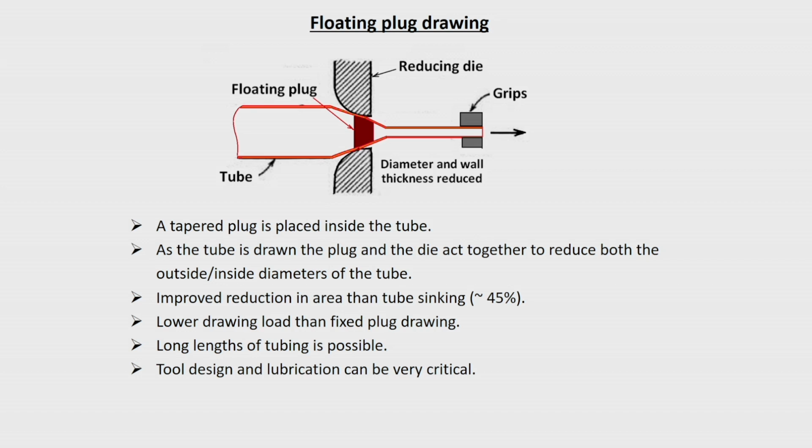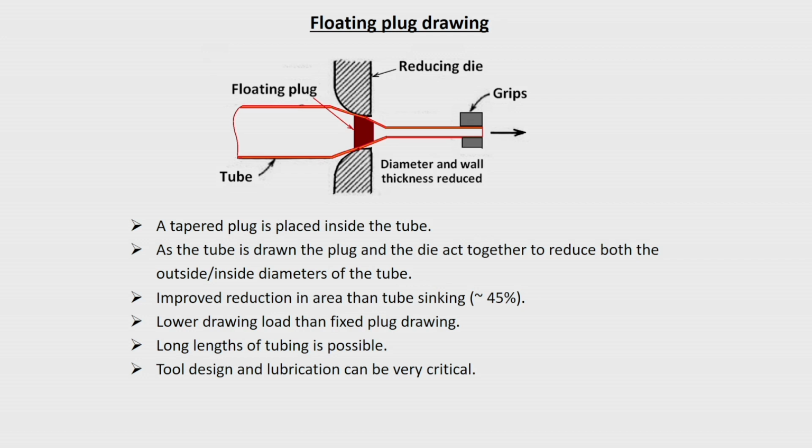Now, to overcome that, very schematically drawn, there is floating plug drawing. So, tube drawing using a floating plug. In this case also, this is a sectional view, in every case you need to have a hollow tube as the starting material. But then the tube diameter is getting reduced. Here this floating plug is kept. Normally this will be in a vertical position, but if you want a very long length, then it can be kept horizontal.